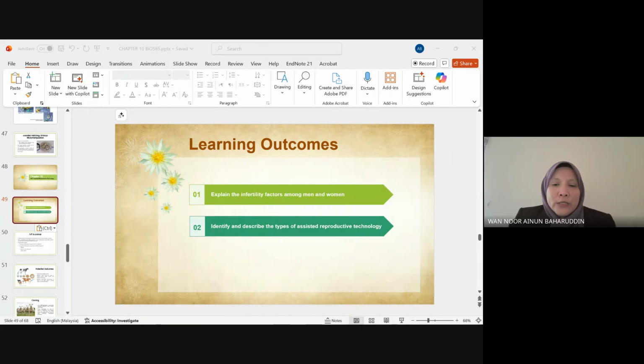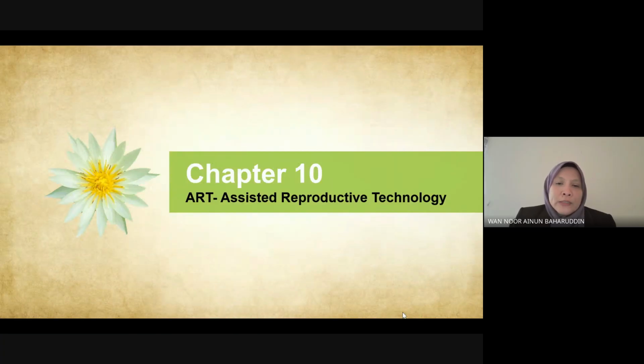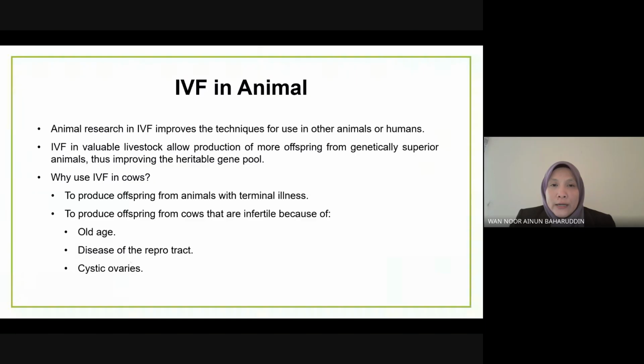So we are now continuing on chapter 10 for ART, Assisted Reproductive Technology. I want you to recall what we have learned before in class. First, we discussed the infertility factors among men and women, and second, what types of assisted reproductive technology there are. So we have learned about